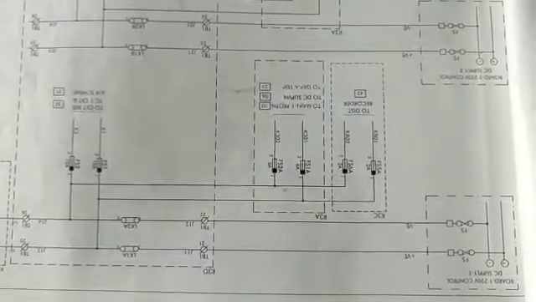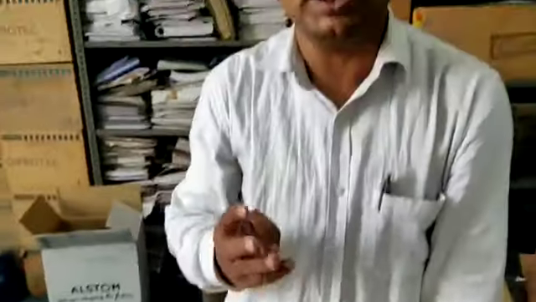And always remember one more thing. Up to this point we know the ferrule numbers A, B, C and D were for CT. Ferrule number E is for your CVT, and then the next important ferrules are K, S and L. Anywhere you see a ferrule designated as K, it is for the wires for tripping or for control, basically for tripping as well as for any binary inputs connected to the relay. If a ferrule starts with L, it is for an initiation circuit, and if a ferrule starts with S, it is for the event logger circuit.